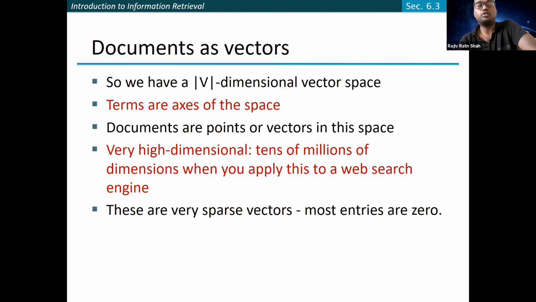Also, there might be the case where some document will have more frequent words, or the same term appearing twice, thrice, or more than in the other document you are comparing with. In that case, how are you going to deal with that? Any guess? We discussed this in the last class as well. What would be the solution if the term frequencies in different documents are different?